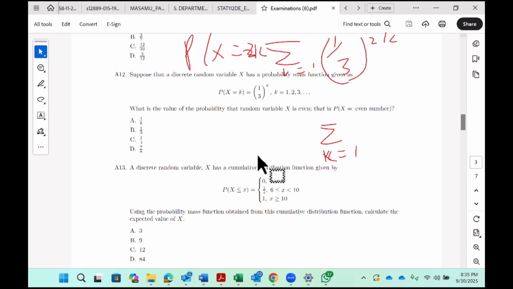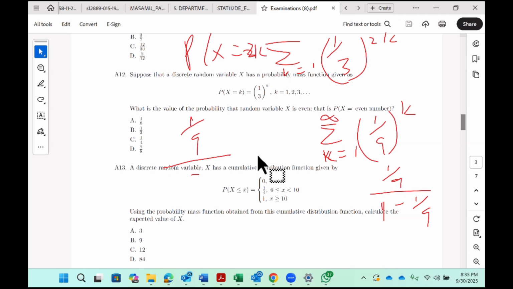So the first term will be 1 over 9, and your common ratio will be 1 over 9, so we get 1 over 9 divided by 8 over 9, which is 1 over 9 times 9 over 8. So that's 1 over 8 as the probability that X